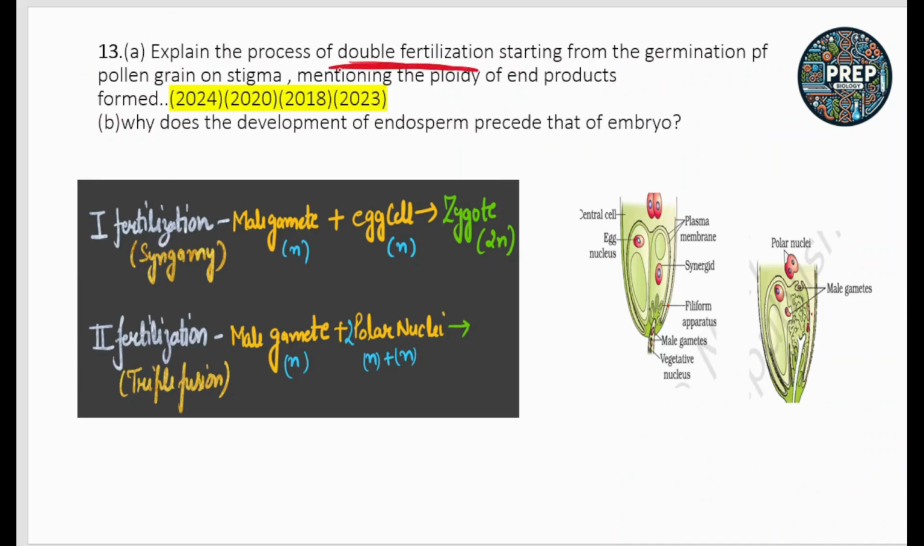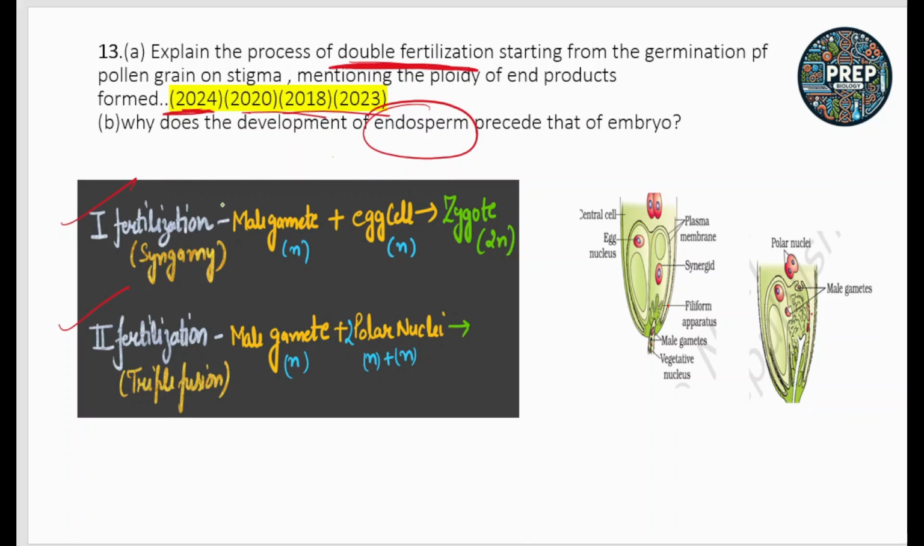This process is very important. It has been asked multiple times in your previous years. Okay, double fertilization. Why does the development of endosperm precede that of the embryo? So the first is double fertilization. We know that there is a double fertilization